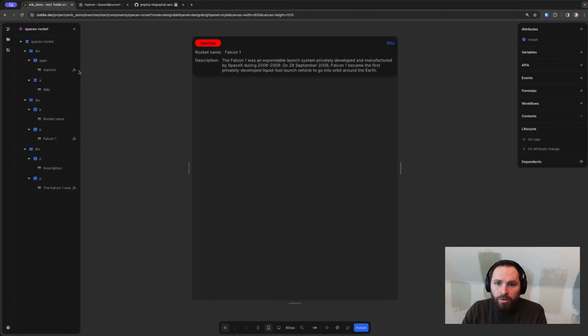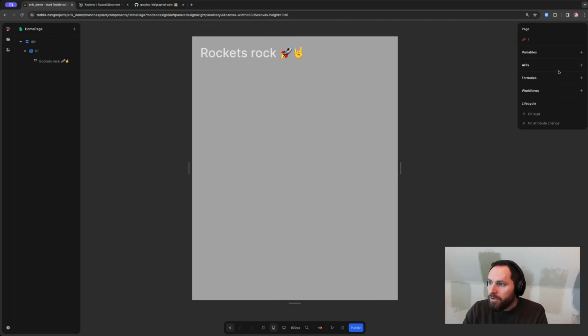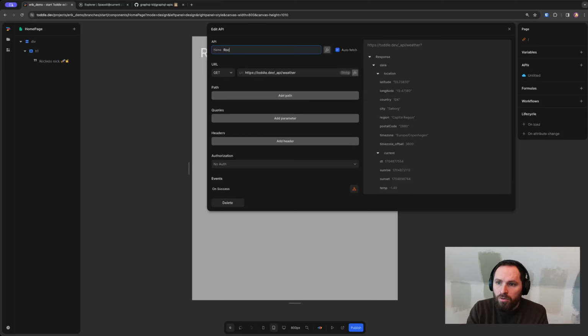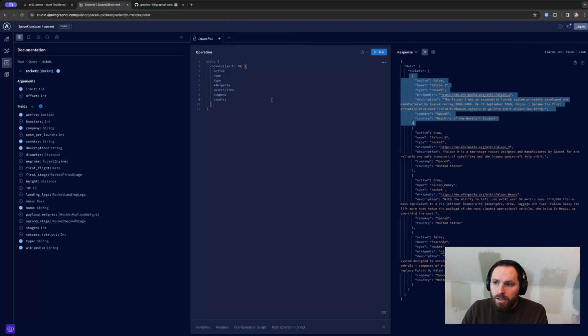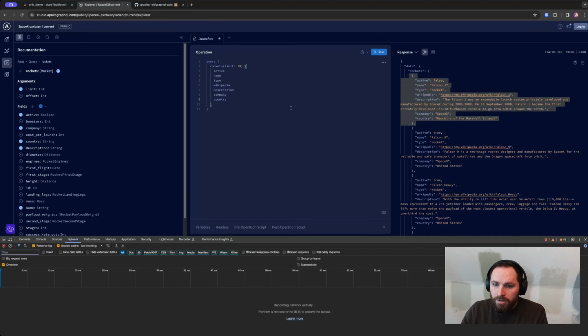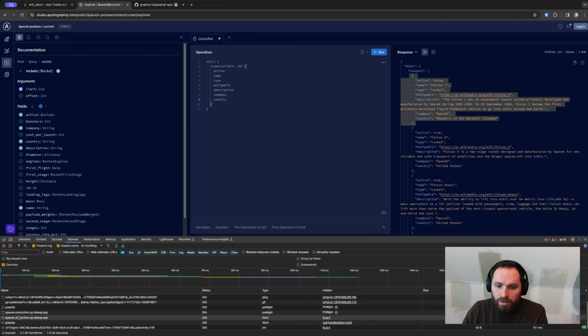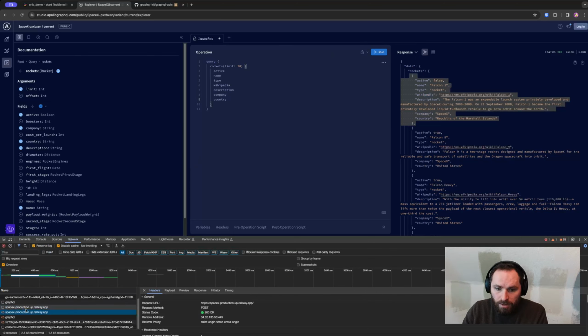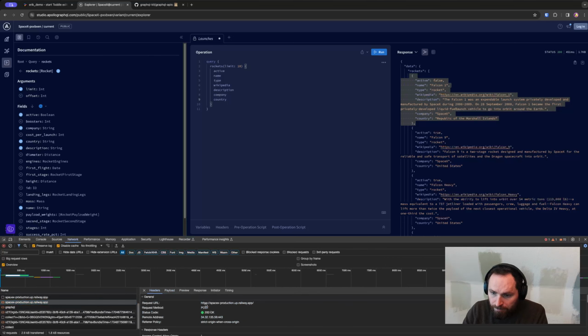Now, to actually call the API to get these rockets back, I'm going to my homepage here. I'm going to add an API called rockets. As I said, it should be a POST request. In the editor here, I'll just monitor the request here and see that it says SpaceX production up railway.app. So I'm just going to copy that URL